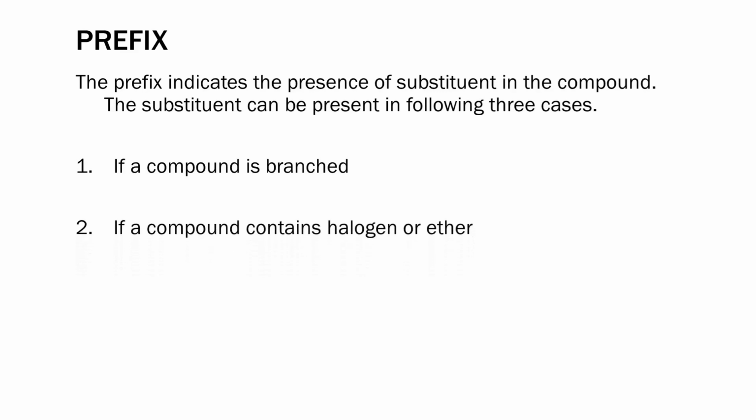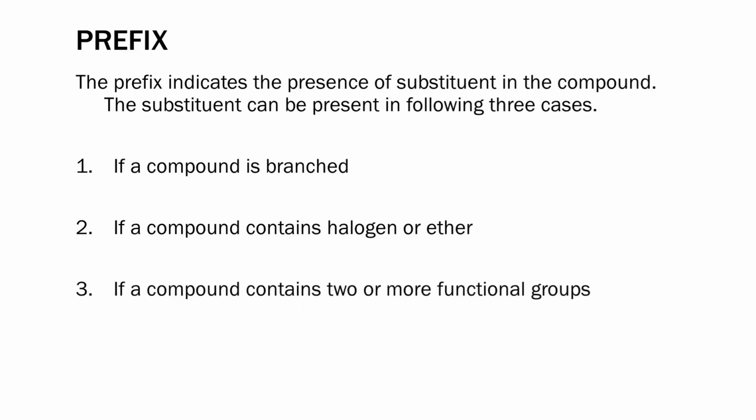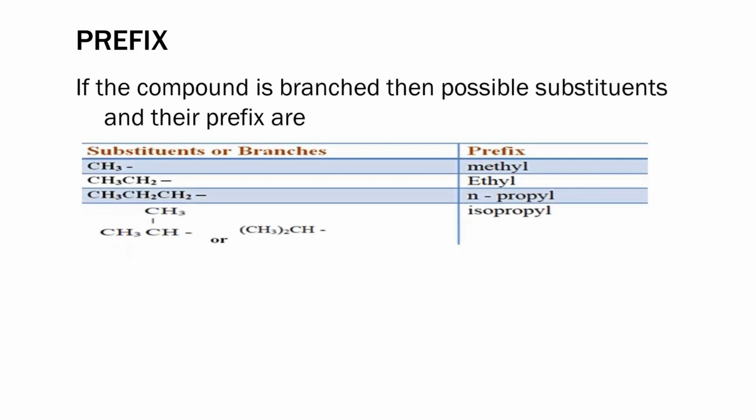If a compound contains halogen or ether, we use prefix here also. And if a compound contains two or more functional groups, then there is also presence of substituent and we use prefix. Alright, so if the compound is branched, then possible substituents and their prefixes are